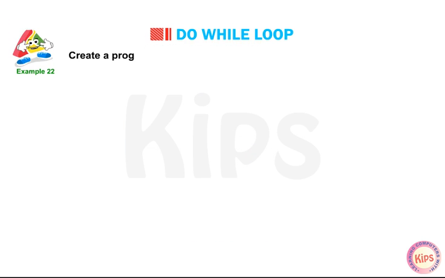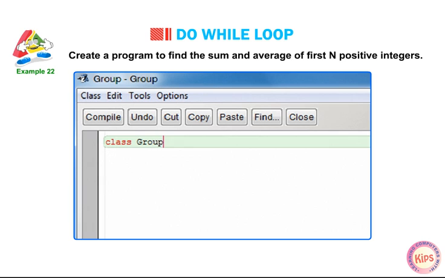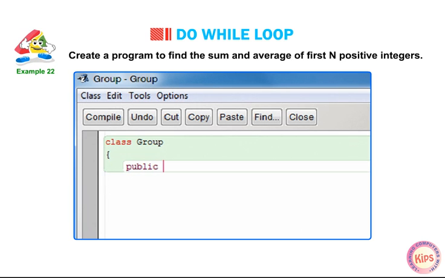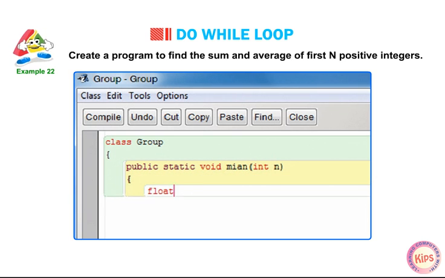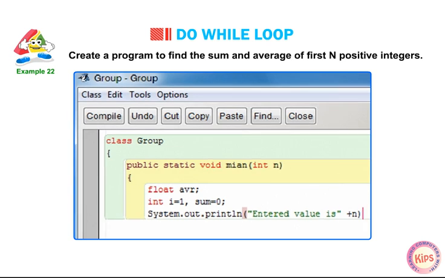Example: create a program to find the sum and average of first n positive integers. class Group { public static void main(int n) { float average; int i = 1, sum = 0; System.out.println("Entered value is " + n);